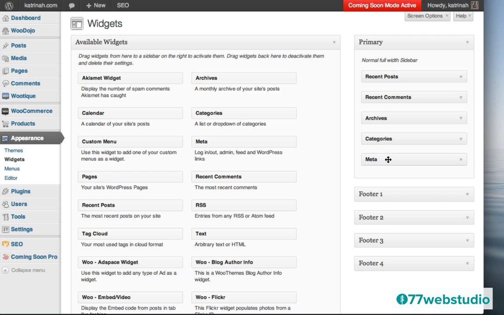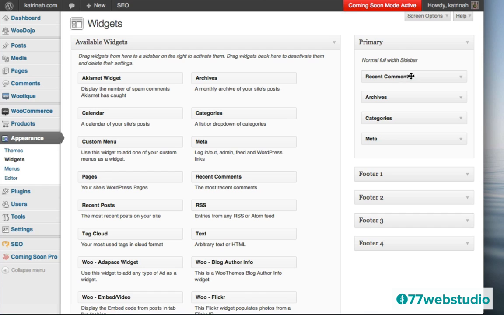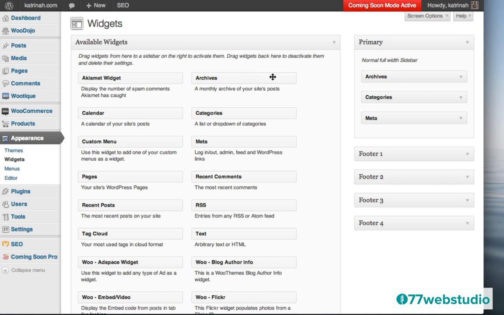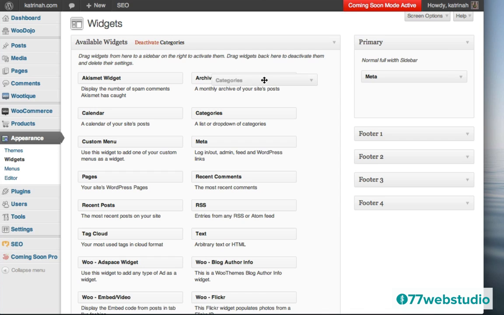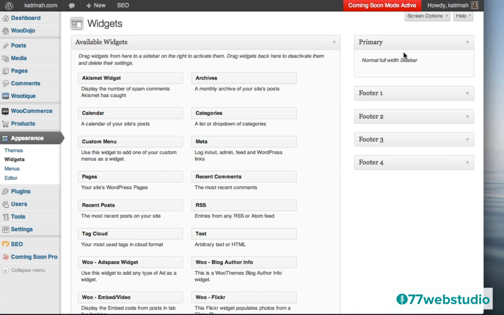By default, when you install WordPress, it will come installed with recent posts, comments, archives, categories, and meta content. So what I want to do first is delete all of this to remove it. I'm just going to click on this caret here and click on delete. You can also take this bar here and just drag it over to deactivate it and then release. So maybe that's a faster way. So I'll just drag it over and release each of these to remove them. Okay, so now we have an empty sidebar right here. Now we need to figure out what we want to add.